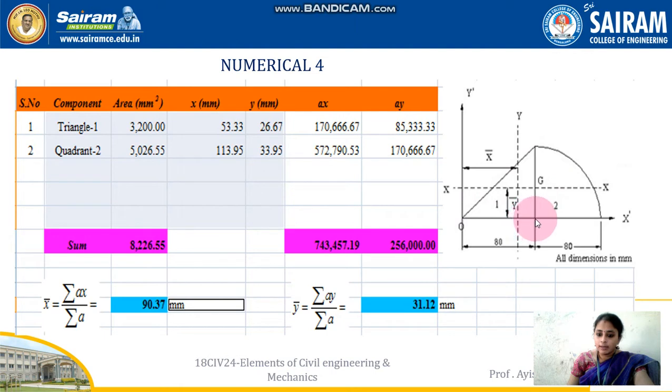Base is 80 mm and the height is also 80 mm. So half into base into height, you will get the answer in terms of mm square. You need to fix the center point for this triangle now. It is somewhere in between like this. This triangle has lesser intensity here and greater intensity here, as you see from the mouse directions. This is the greater intensity part, meaning maximum load, and this is the lesser load.